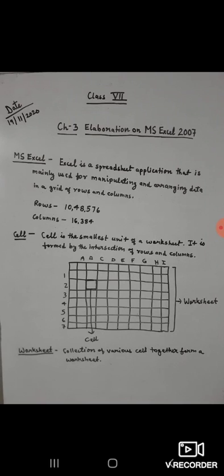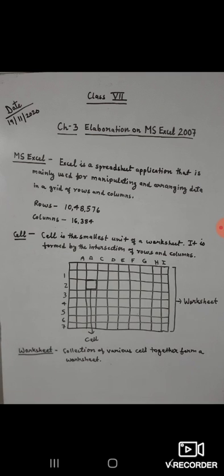Dear students of class 7, today we are going to discuss chapter 3, elaboration on MS Excel 2007. MS Excel is a spreadsheet application that is mainly used for manipulating and arranging data in a grid of rows